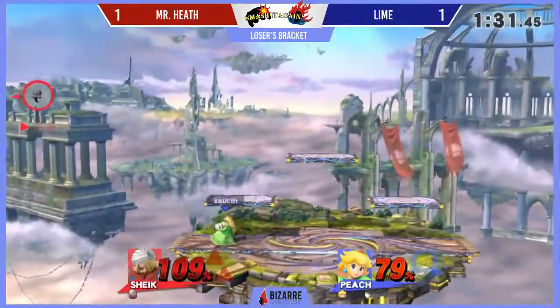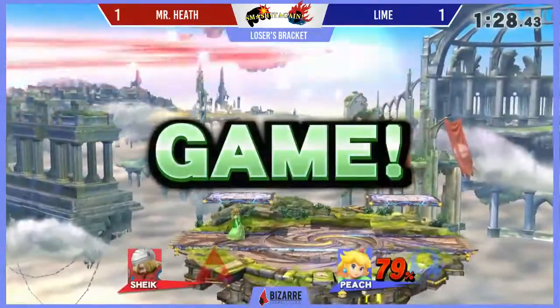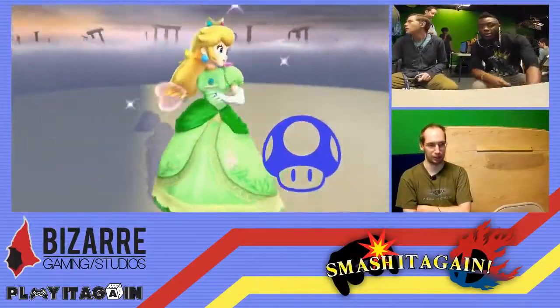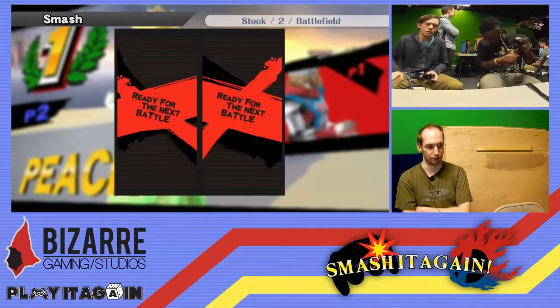Ooh, but unfortunately, Mr. Heath doing the up B and landing right in front of Lime, and all that does is allow Lime to just hit Mr. Heath really hard, get him out, and take the set. And Mr. Heath just really needed to grab the ledge there, but on neither of those occasions